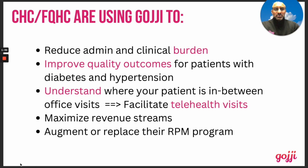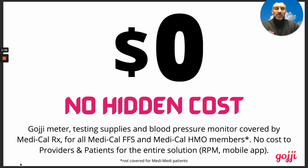Understanding where the patients are is key because they know which patients they want to bring in. And more importantly, they're helping to decrease the no-show rate. So they are finding different ways to maximize their revenue, but more importantly, they're decreasing their costs. Because as I mentioned a few times, this is a no-cost solution for you. So no grants, nothing like that will be needed. As I mentioned, in our Gojji guarantee of zero cost, no hidden costs, no contracts, nothing like that, all Medi-Cal patients, if they're on the blue and white card or they're part of an HMO managed care plan,